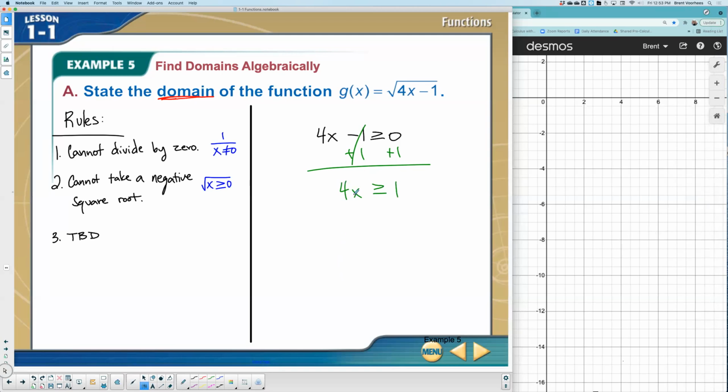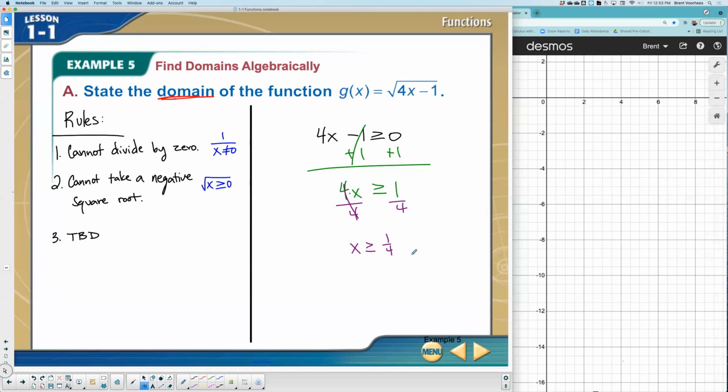Does that mean 4 plus x, 4 minus x, 4 times x, 4 cubed x? What does that mean when you have a 4 next to an x? Times. What's the opposite operation of a multiplication? Division. So if we divide by 4, we should have our solution. This says the domain, which means the x values, is that x has to be greater than or equal to